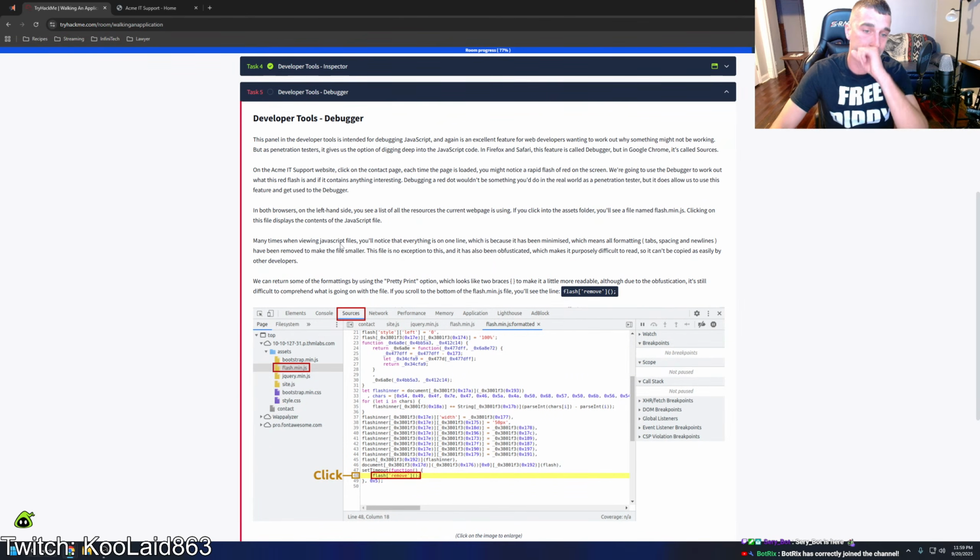Many times when viewing JavaScript files, you'll notice that everything is on one line, which is because it has been minimized, which means all formatting, tabs, spacing and new lines have been removed to make the file smaller. This file is no exception to this, and it has also been obfuscated, which makes it purposely difficult